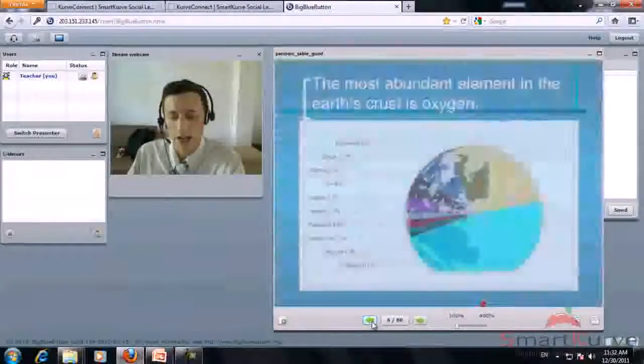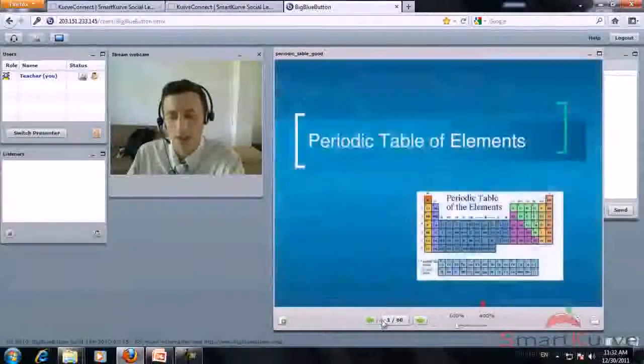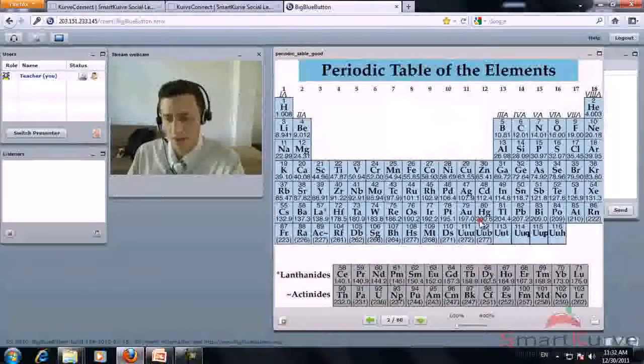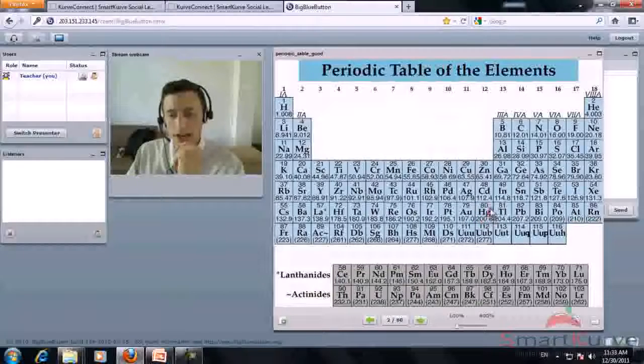Let's go back and look at the periodic table very quickly. What about gold is AU? Why not G or GO? Mercury, number 80, is Hg. Why not Me or MER? The reason for this is that a lot of these symbols come from Latin and Greek names for these elements.